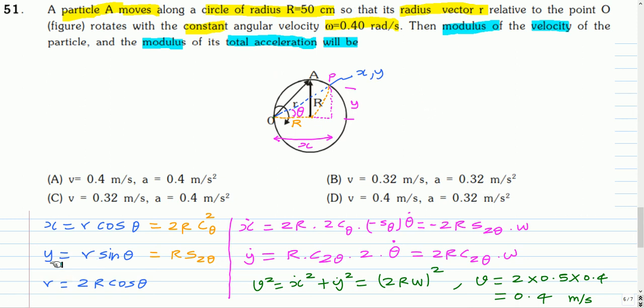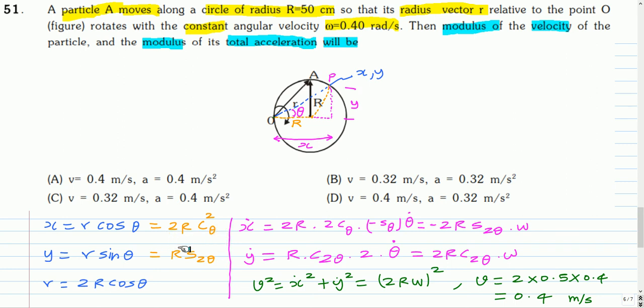So we get x as R cos theta and y as R sin theta, and we can relate the capital R to the small r. In this triangle, if we draw a perpendicular here, so R cos theta will be half of this r. So 2 times R cos theta is r. So from this we can eliminate R and write x as 2r cos square theta, and then y as r sin 2 theta. So now x and y are known as functions of theta.